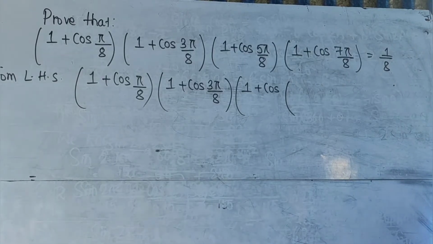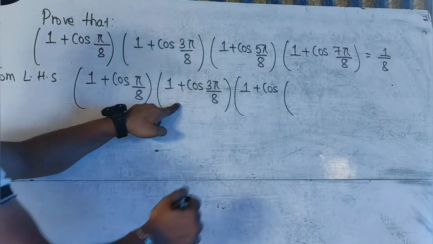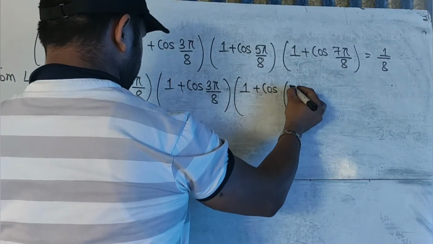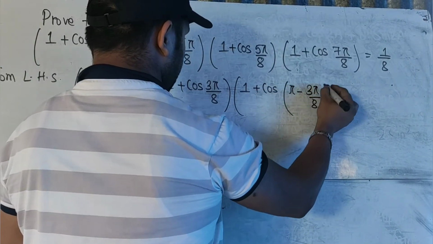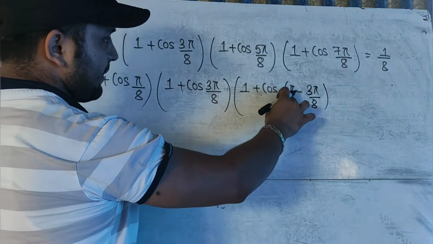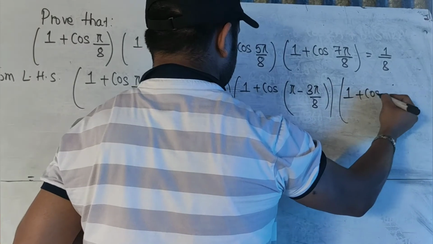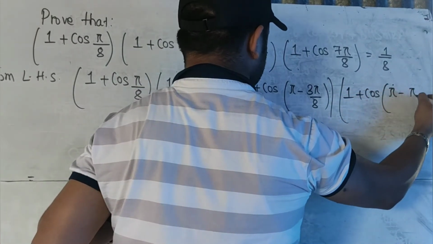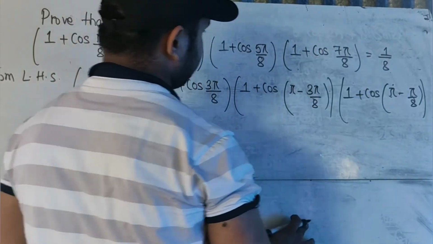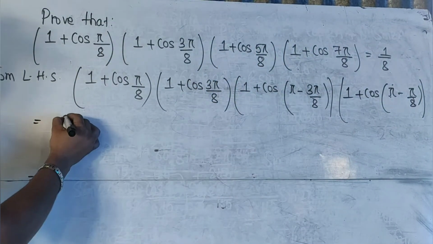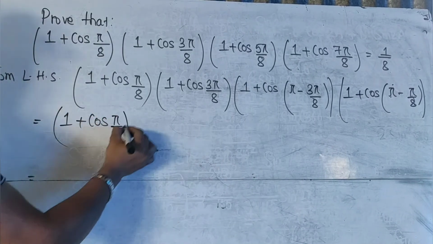Okay, we're going to prove the given terms here. This and this are copied same. You have pi by 8 here. This pi by 8 can be written as pi minus 3 pi by 8. 8 into pi gives you 8 pi. 8 pi minus 3 pi will be 5 pi. So you also can write 7 pi by 8 as pi minus pi by 8. 8 into pi gives you 8 pi. 8 pi minus pi gives you 7 pi. So we did it for the first time. It's the first step. So let us solve it further.